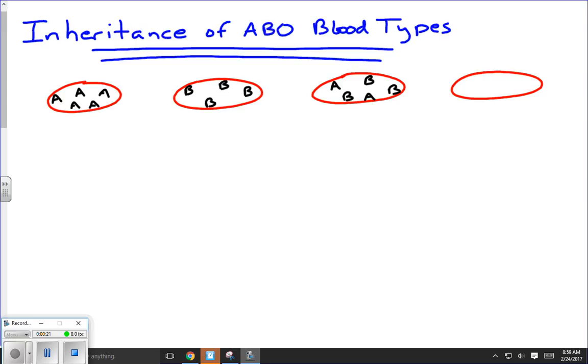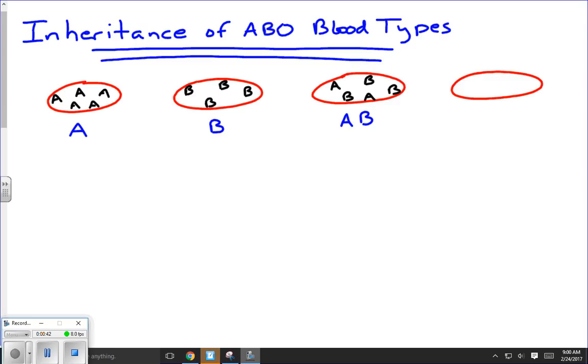Here I've drawn 4 different red blood cells. The first one here would be type A blood because it has on the surface of the cell A proteins. Obviously, if there are B proteins, that would be type B blood. For AB blood, you would have both A proteins, or A antigens, and B antigens on the surface of the